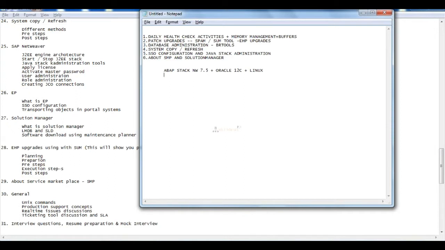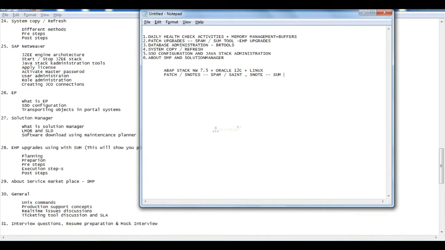In this system, we will see how to do patch upgrades and how to apply SAP Notes, using SPAM or SAINT T-code and SNOTE T-code.